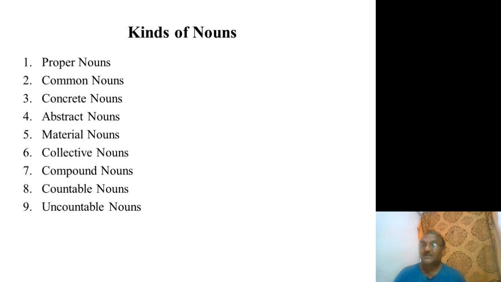Today we are going to discuss in detail which are called material nouns and which are called collective nouns. Which nouns are named compound nouns, which nouns can be counted, which nouns cannot be counted. Those things we are going to talk about in a detailed fashion, and I think you are going to derive a lot of pleasure in knowing grammar, because learning grammar in a logical manner really gives a lot of contentment after the completion of any chapter in grammar.